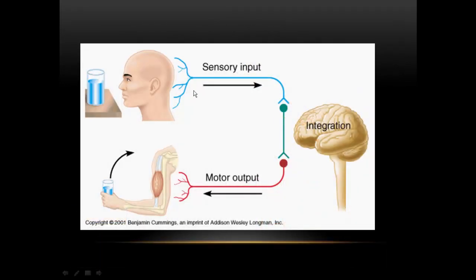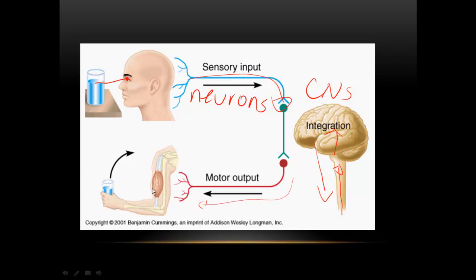Again, sensory neurons, so neurons that receive sensory input. I see the glass of blue Kool-Aid. I send that sensory information towards the brain, the central nervous system, to integrate it, make sense out of it, so it will go up my spine and into my brain. The brain decides, okay, let's drink that Kool-Aid. Out the information, the nervous information comes down a motor neuron controlling a muscle, and I pick up the Kool-Aid